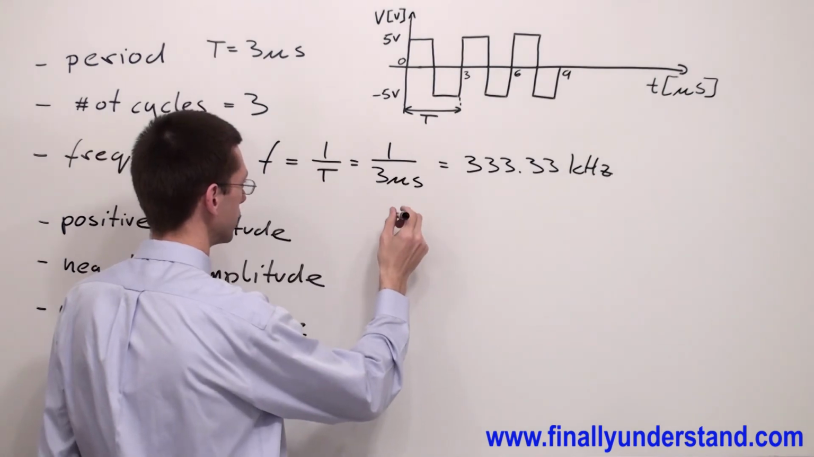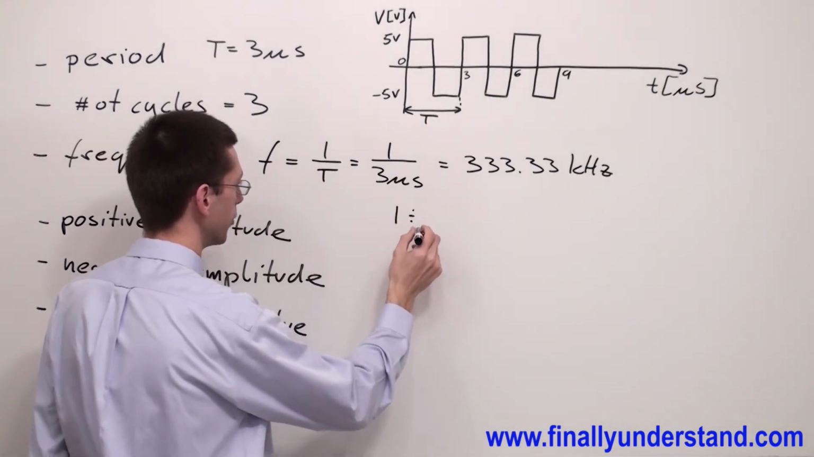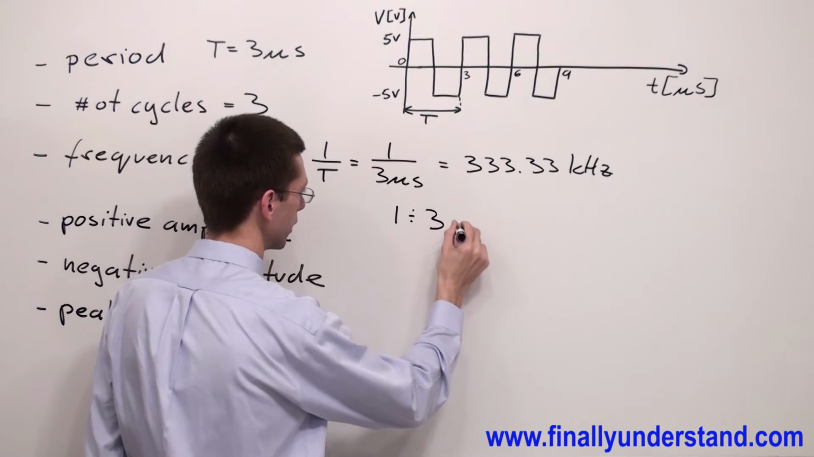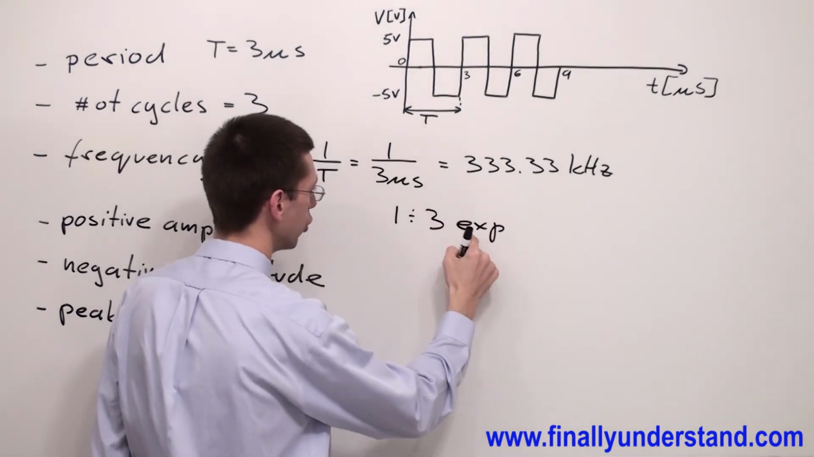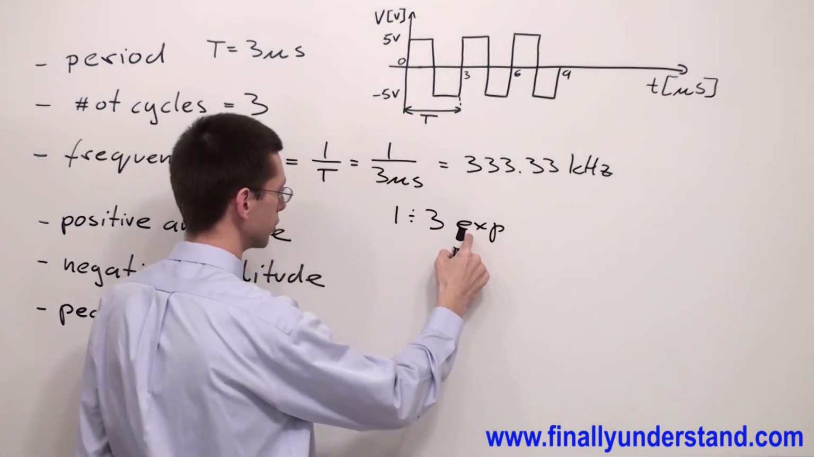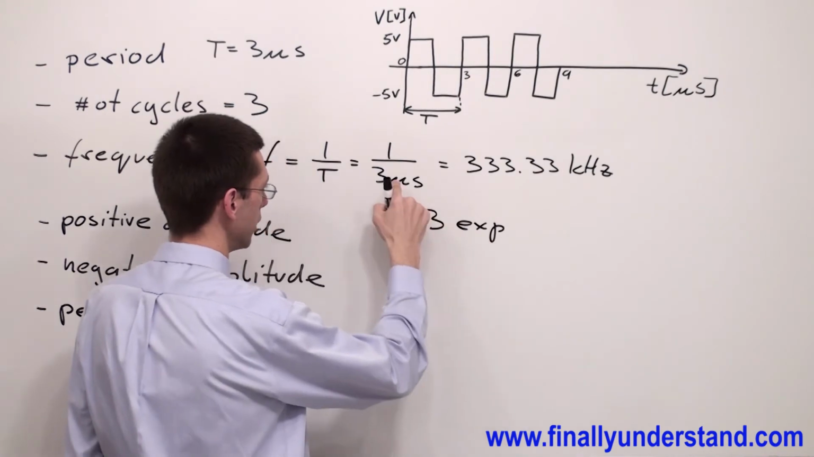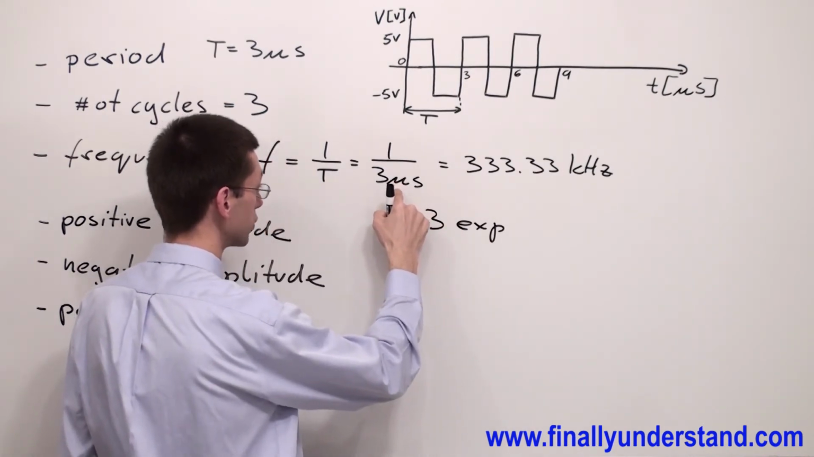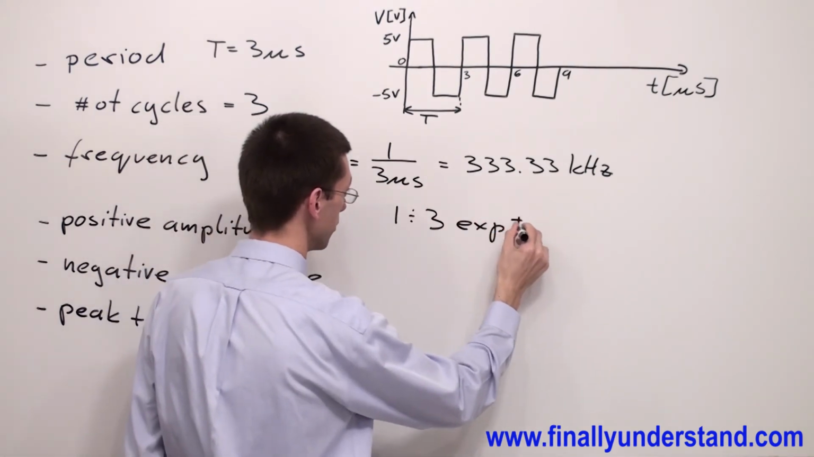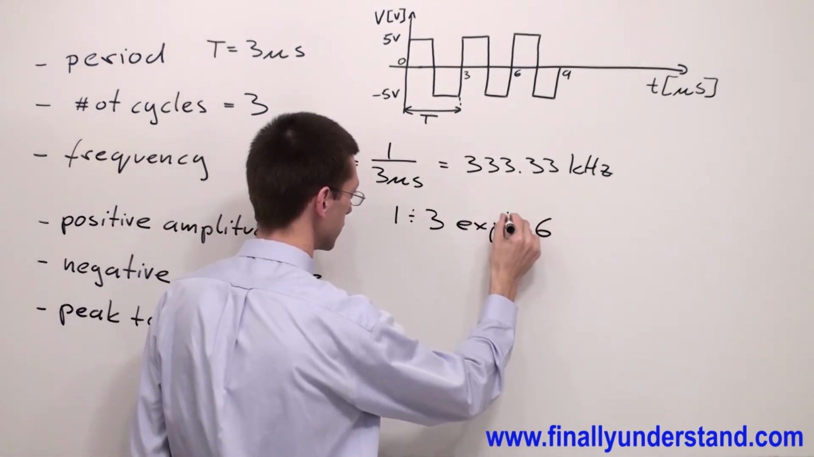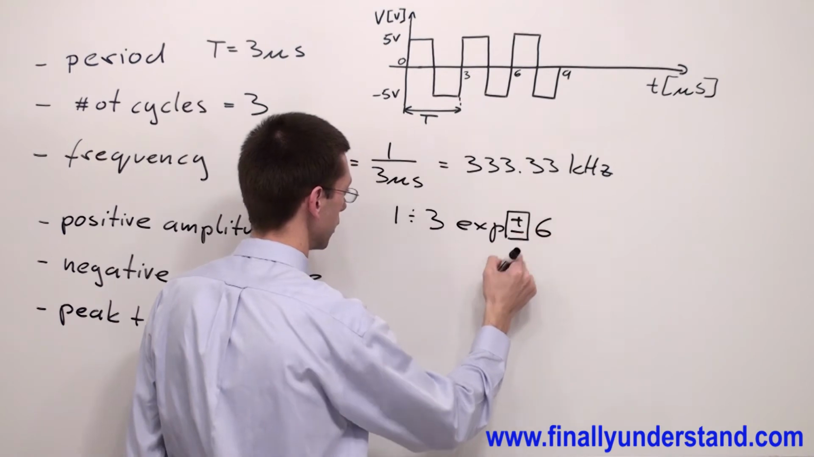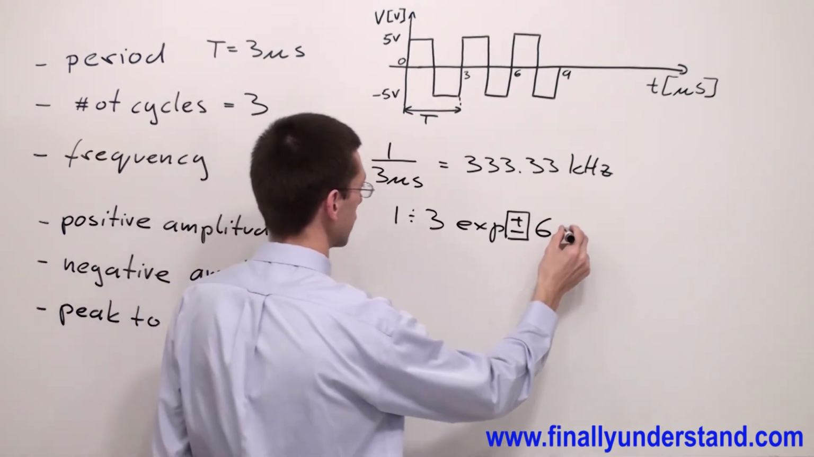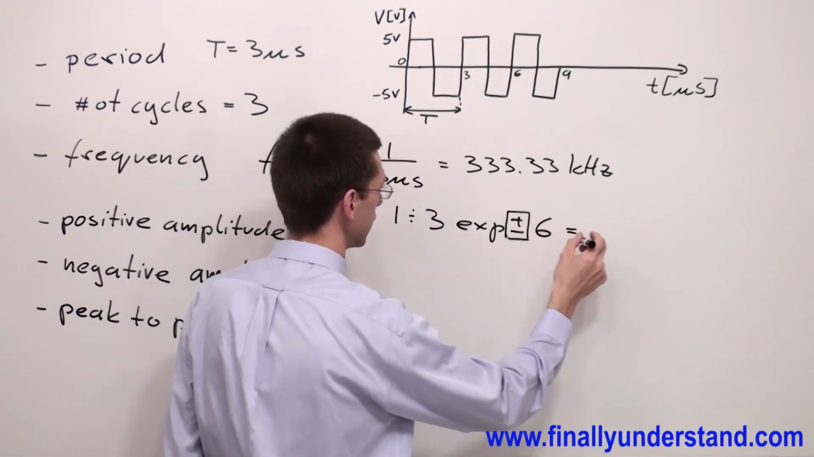How are you supposed to solve this problem using the calculator? Simply type 1 divided by 3, EXP, or in some calculators double E. Micro represents the power of 10 to negative 6. That's why you have to type plus minus 6. This is the button. Equals. And you will get the answer